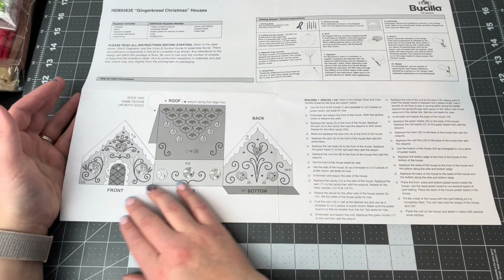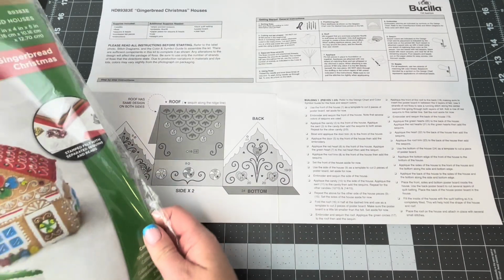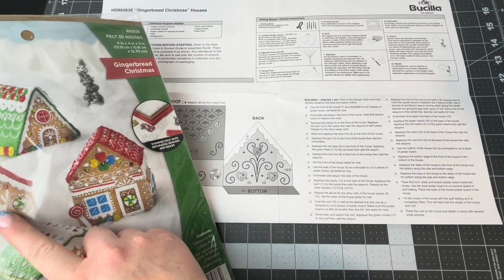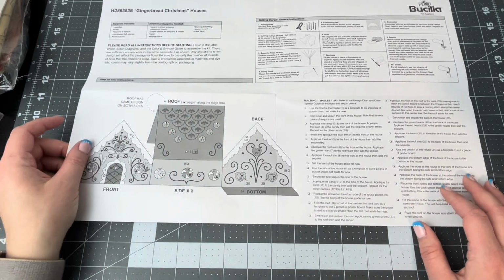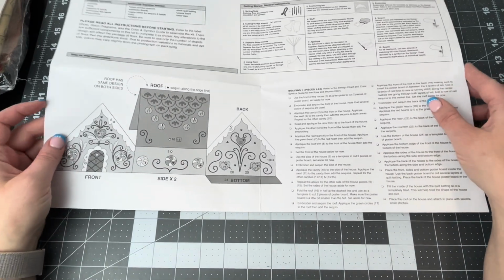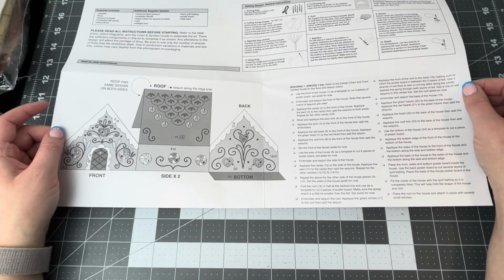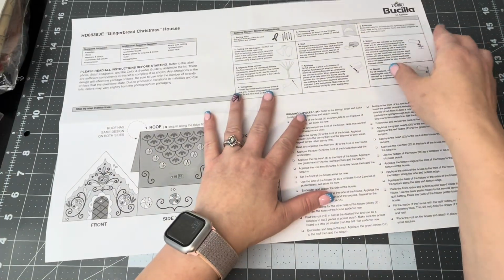So this is the first one. Looks like this is the first one right here. Okay, so building number 1 has 24 pieces, which isn't too bad. I think a lot of the work is going to be embroidery. And then if we go down, we're gonna,